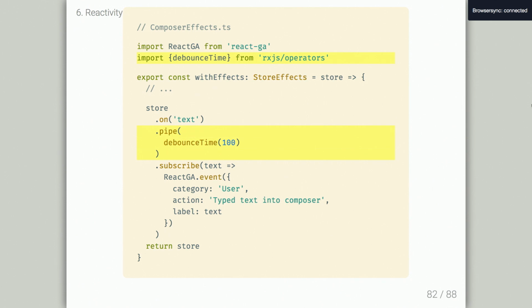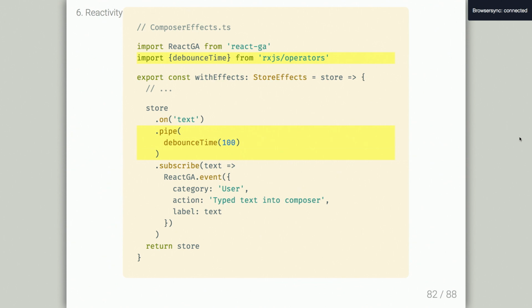Let's say you want to slow down a little bit, you can debounce it. So remember, Undux is reactive. So store.on actually returns a reactive stream. It's an observable. So what you can do is you can pipe it. RxJS, very popular open source library. There's a ton of different operators that you can use. It's different ways to manipulate observable streams.